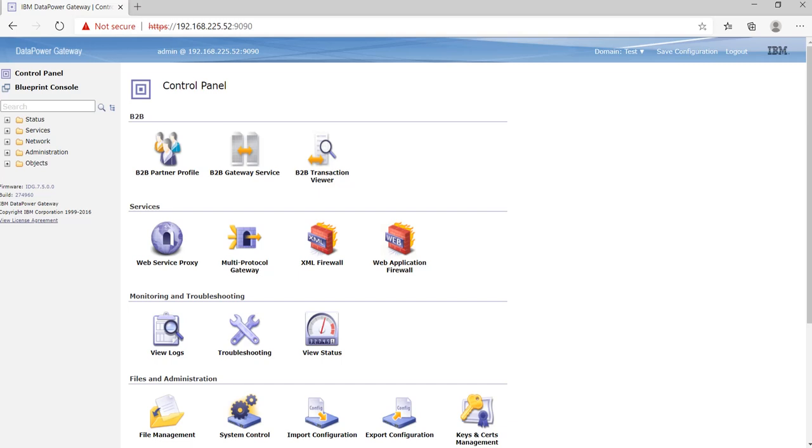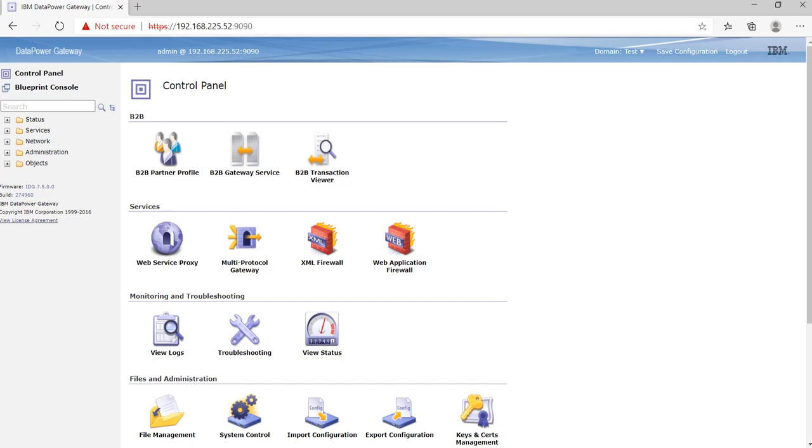In today's topic, I'll cover how we can import and export the configuration. Import and export configuration means if you created any objects like a multi-protocol gateway, web service proxy, or you created a domain and you want to import the same domain into another server, or you created a domain in which you created so many services, so many web services, so many multi-protocol gateways, and you want to import the same objects into another environment or into another domain.